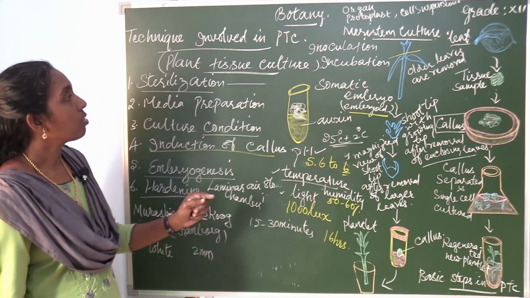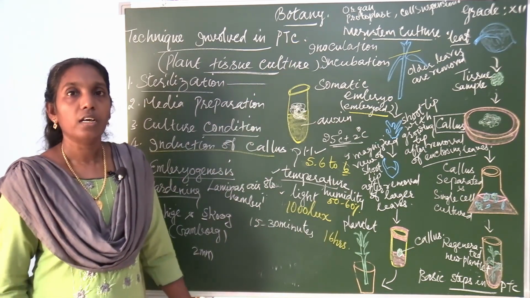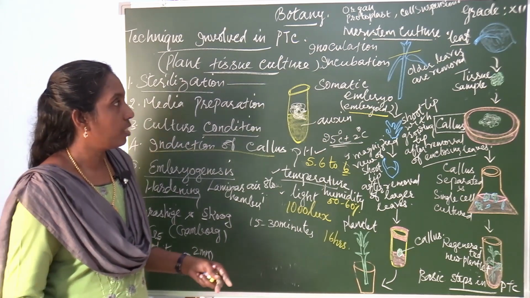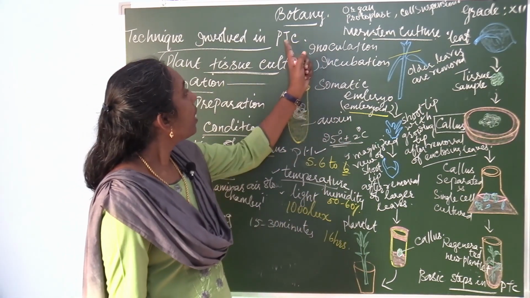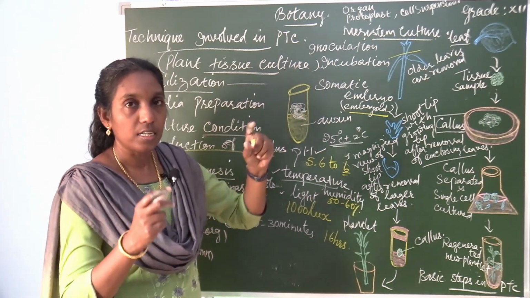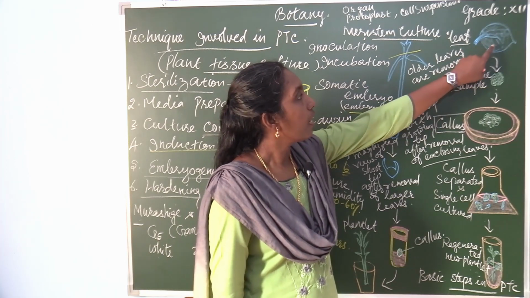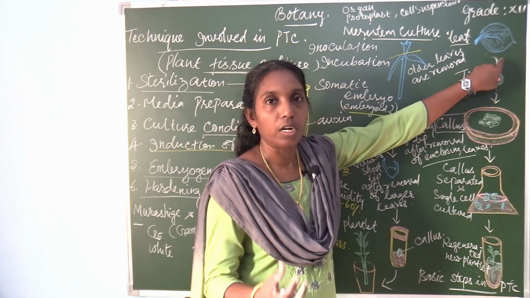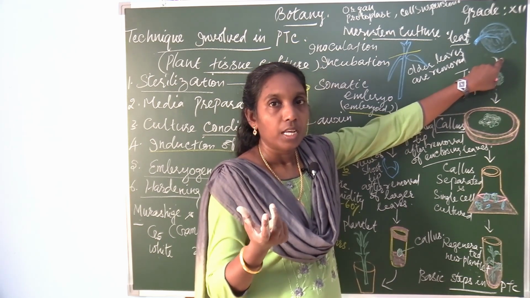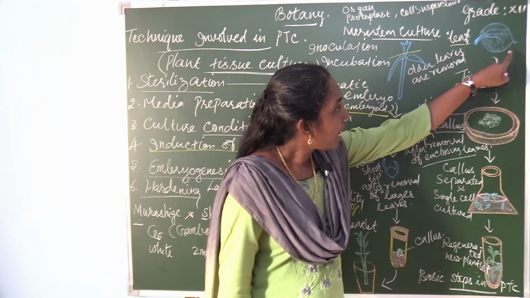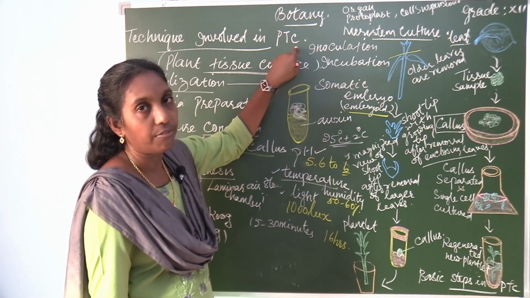Now another question is, what are the other types of plant tissue culture? There are different types of plant tissue culture, depending upon the part selected from the plant. The plant tissue culture type is based on the explant. These parts may be leaf, stem, root, embryo or anther, any part of the plant. So the types vary depending upon the explant.